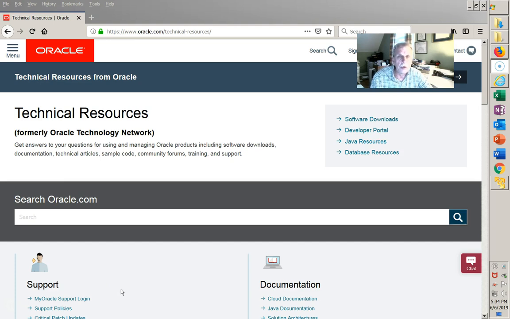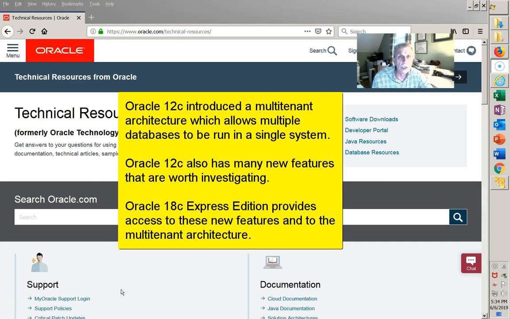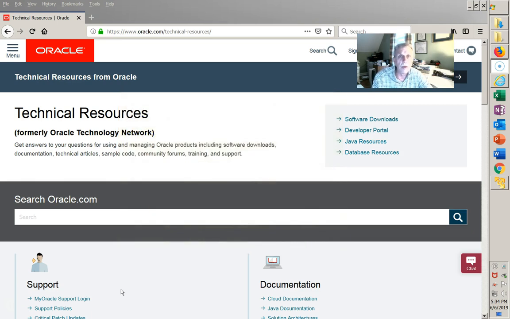Today we're going to show you how to download and install Oracle Database 18c Express Edition. This is a newer version of the Express Edition that's available based upon the Oracle 12c family. Previously you could download a version of the Express Edition for Oracle 11g, but the architecture has changed since 11g into the 12c family. So 18c gives you an opportunity to upgrade to more recent or current technology that's being employed by Oracle Corporation. So it's well worth taking a look at how to get the software and get it